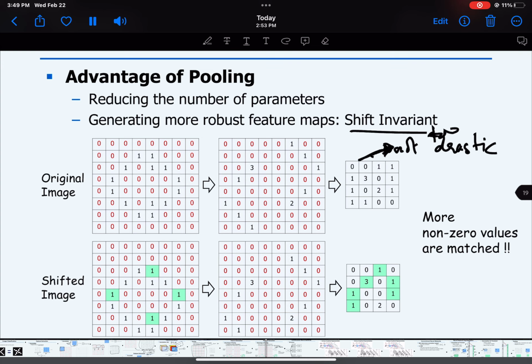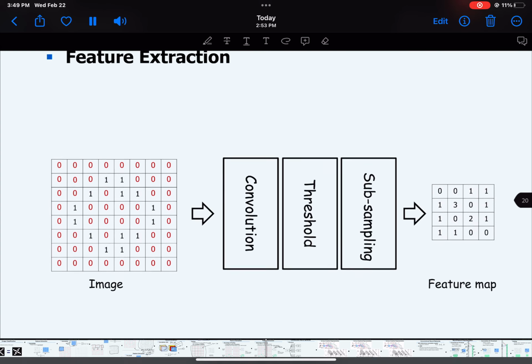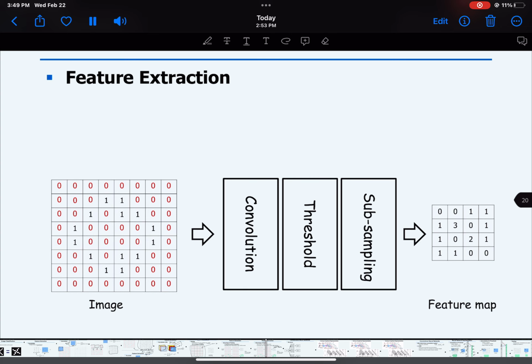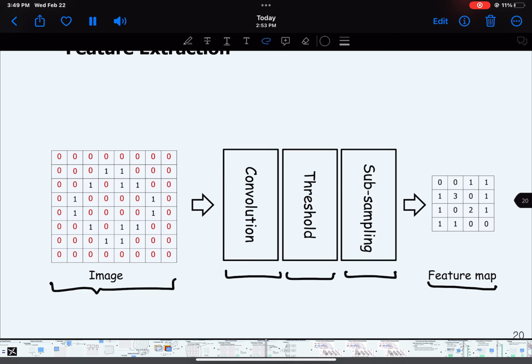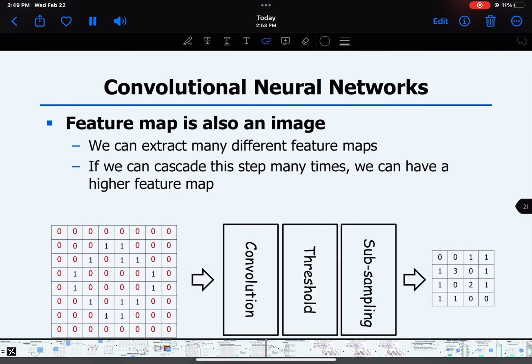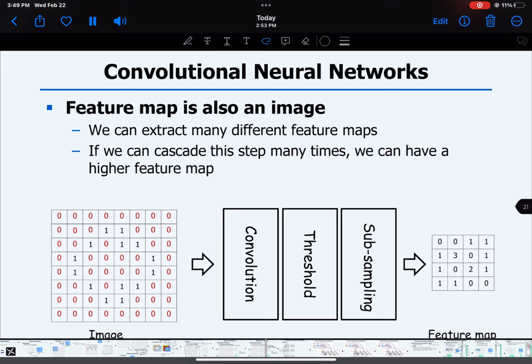So now we are here. The process is that you give an input image. This is a grayscale image with 1s and 0s. We apply the convolution kernel, then you apply the thresholding, then you do the max pooling to finally obtain your subsampled feature maps. A feature map, again, we can consider it as an image, and we can extract many different feature maps from the image. And here we only got one feature map,